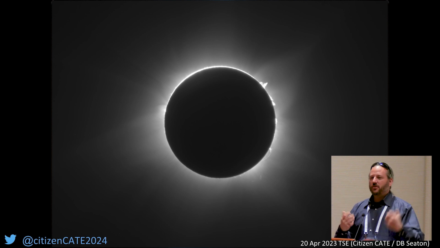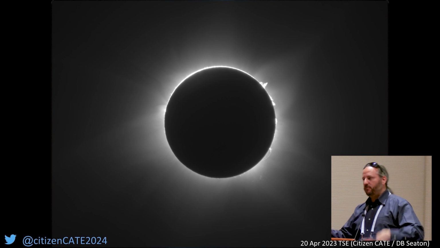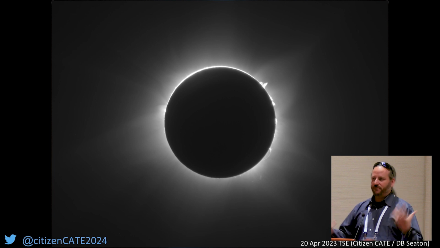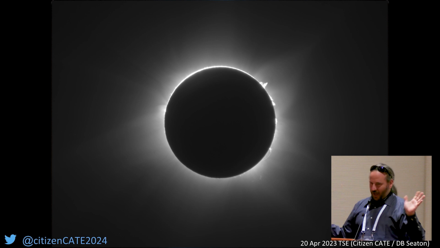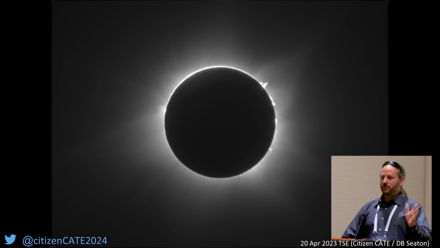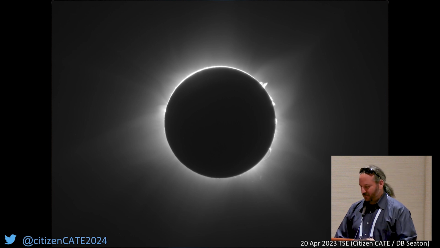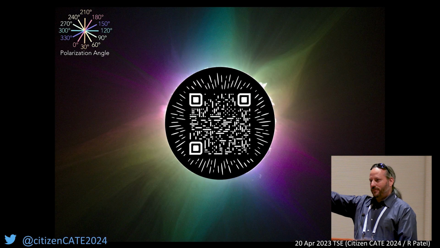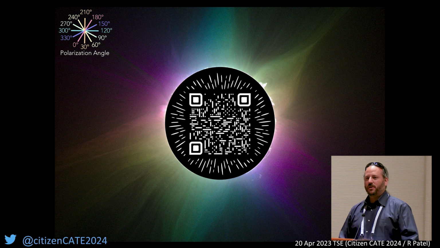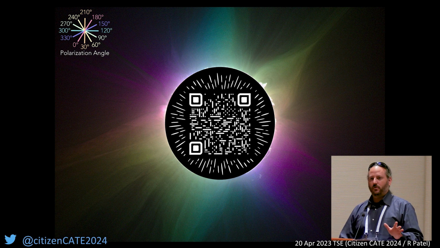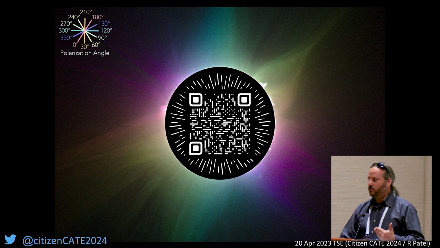And when you measure the amount of polarization and the direction of polarization, that tells you something about the physics of the corona, which I could spend hours talking about if I knew what I was talking about, but I will leave that for somebody else to do. Now, those are just two angles. Of course, you can solve for every angle of polarization because we make enough measurements to do it,